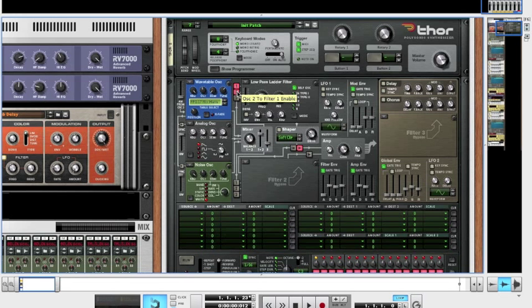First one, low pass ladder filter. Turn on all 3 oscillators, and then you're going to want to change it to 12 though. And the frequency you're going to want right the way up, and the resonance you're going to want at 20. The filter envelope amount is 0, and the velocity you're going to want at 127, and that's it for the